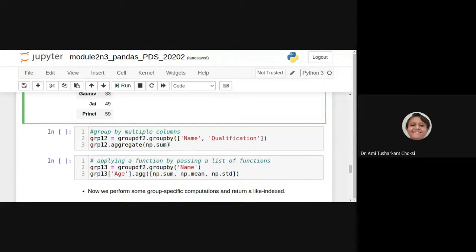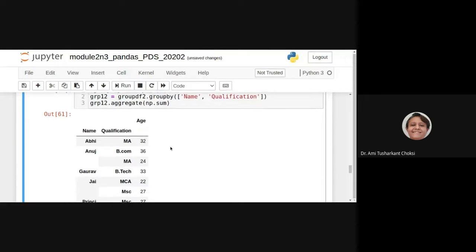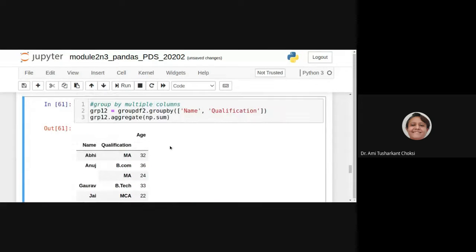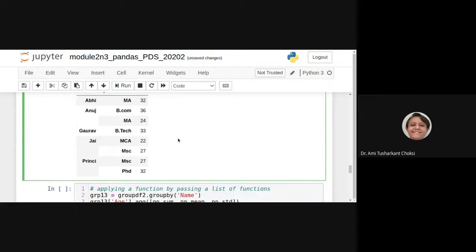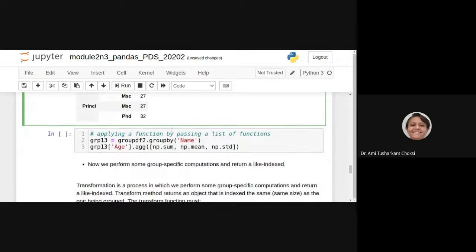Now if we group by two columns, we then do the aggregate with np.sum, and it gives us the result for BCom, for MA, and so on, because there are two columns. If we set MSc for both the Jays, we will be able to see the total.